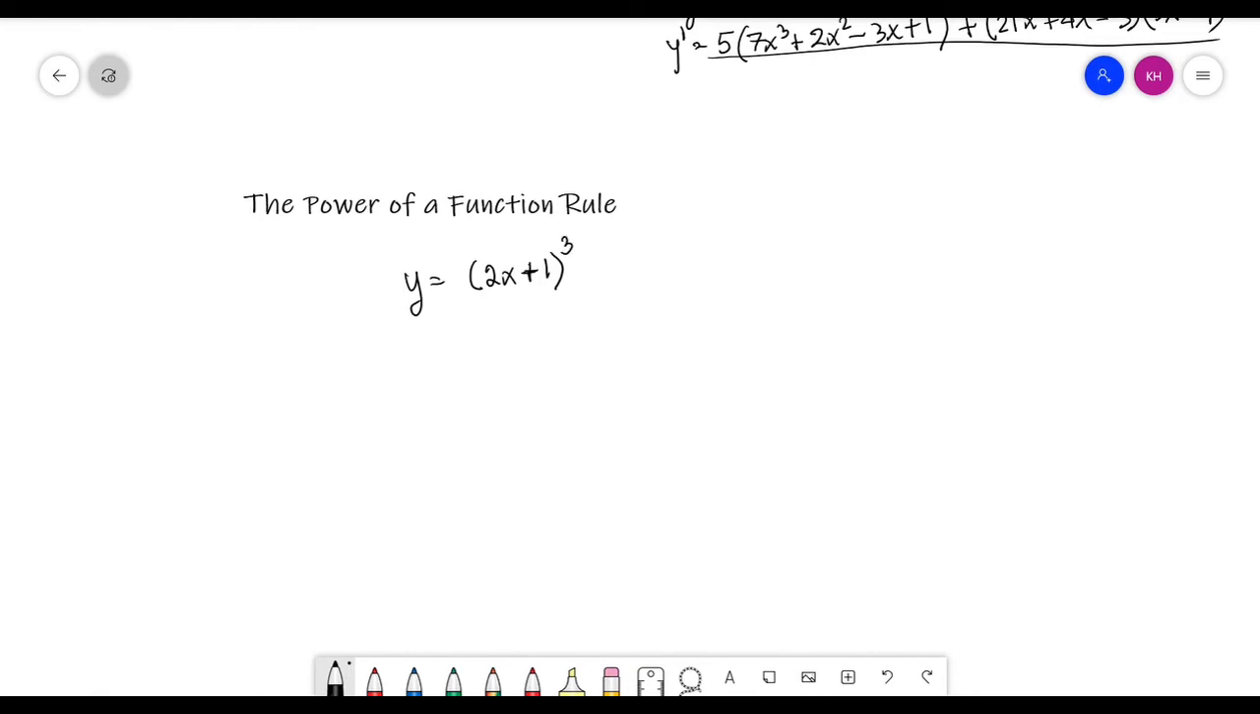So over here I can assume that u equals to 2x plus 1. So what I'm doing here is I'm just giving another variable to define 2x plus 1, the function inside the bracket. So I can write the function y equals to u cubed. Now if I have to find the derivative of this, what do I do? I can just simply do